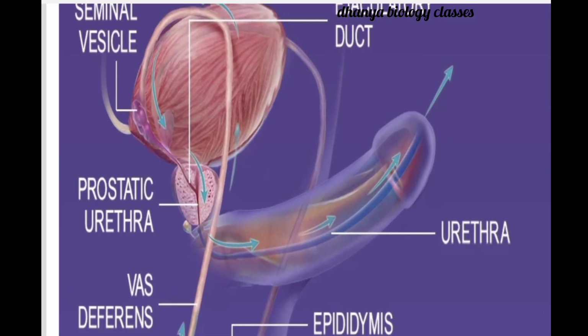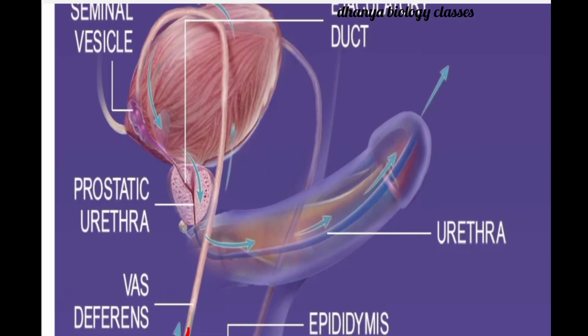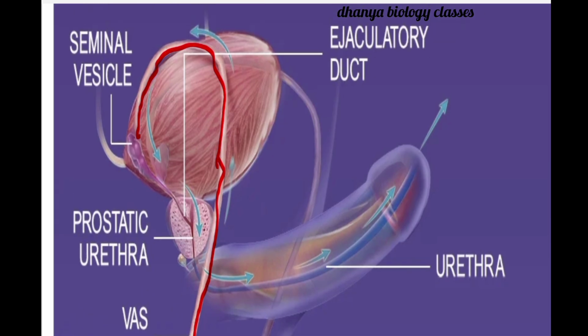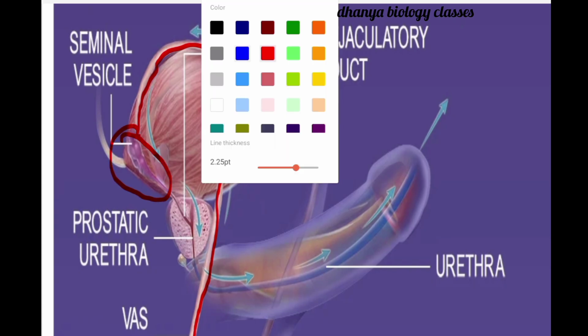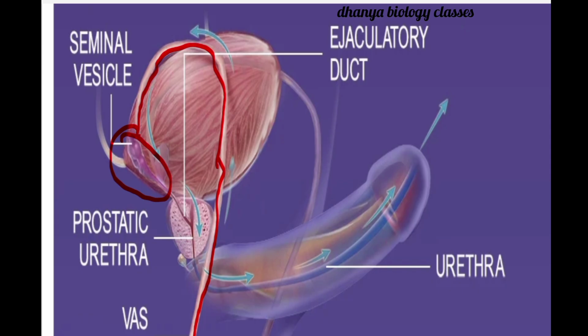See, this is the vas deferens. Okay, I told you the vas deferens ascends to the abdomen and loops over the urinary bladder, and finally it joins with what? An accessory gland. Which is that accessory gland? Seminal vesicle. So this is the seminal vesicle. Okay, and this tubular part, after joining with the seminal vesicle, is called what? Ejaculatory duct. Okay, so this is the ejaculatory duct. So the vas deferens joins with the seminal vesicle to form another duct called the ejaculatory duct, and this ejaculatory duct opens into the urethra, which is the continuation of the urinary bladder.